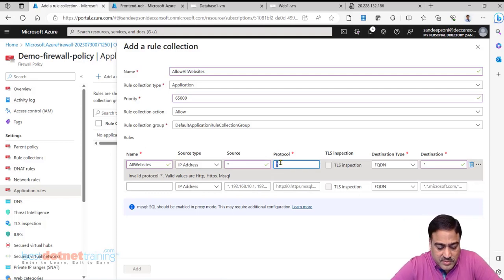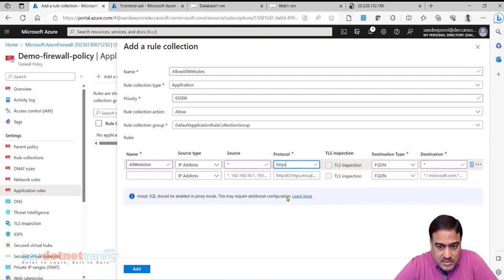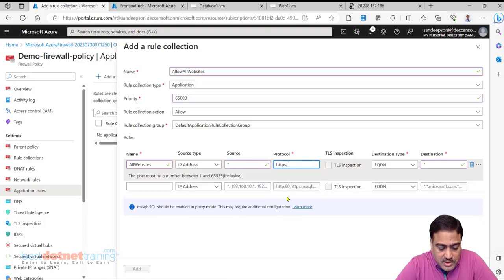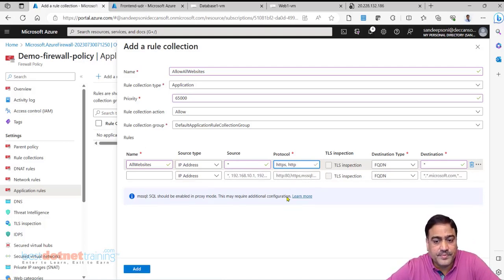Or let's be specific, 80. Protocol HTTPS and HTTP. All websites from any source to any destination, and the protocol and ports of HTTP and HTTPS.